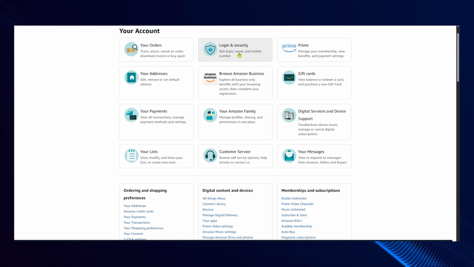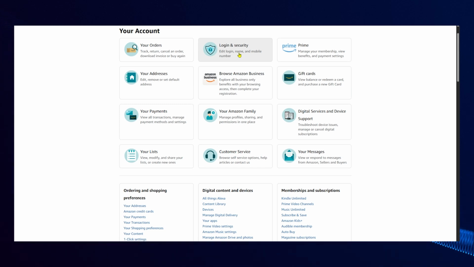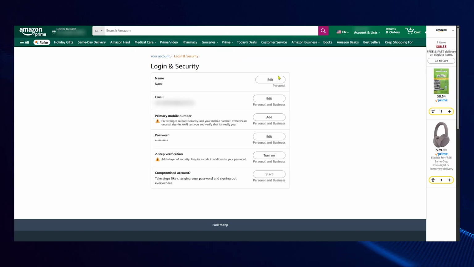By clicking on Login and Security, you will be directed to a page where you can view and update your personal information. On the Login and Security page, start by locating the option that references your primary mobile number. This field typically displays the mobile number that is currently associated with your account. Select this option to begin the process of making changes to your mobile number details. It is important to proceed carefully at this stage, since this mobile number is used for receiving important updates and